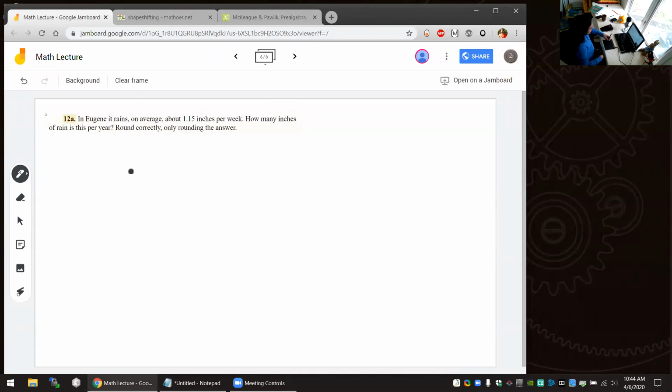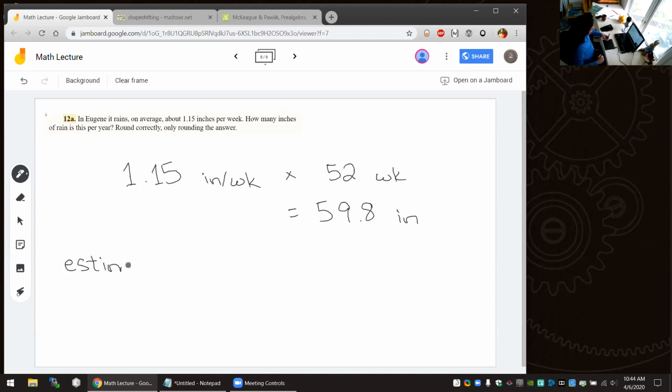So if it rains 1.15 inches per week, how many weeks are in a year? I'm going to multiply it by 52. Then if I do this without rounding, we'll get to 59.8. If I round first, which we'll say in just a moment is estimating,